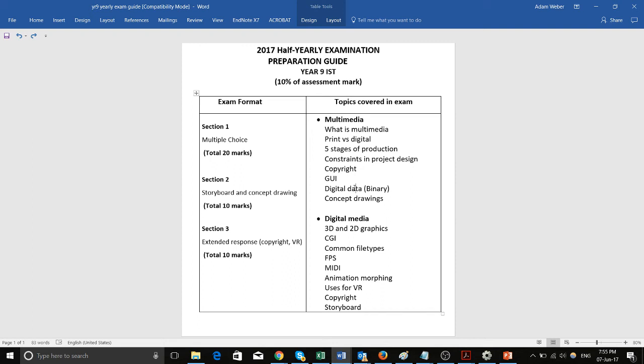So just remember that. Now with the workbooks, I will be checking the workbooks, even though I'm not here currently. I will be coming back, and so I will be checking all the workbooks. That will be a mark. Your assessment mark will come from that. So I will be checking that next week during the exam period. So make sure that is done. In fact, that's what you should be working on now, making sure it's all completed, and the fill in the blanks and the research parts.